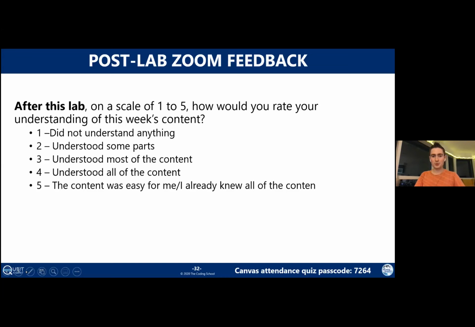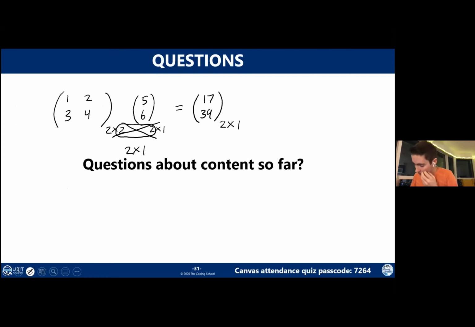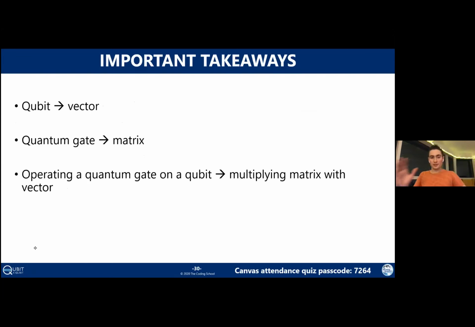I think as a general summary with all of this, the concepts with matrix multiplication, vector inner product, all that kind of stuff, can certainly seem daunting at first because it's a lot of new words. Sorry, I just want to put this slide about operating quantum gates up so that you have it. Yeah, so what was I saying? With all of this stuff, with matrices and vectors, it's a lot of new terminology. It is a lot of new math.